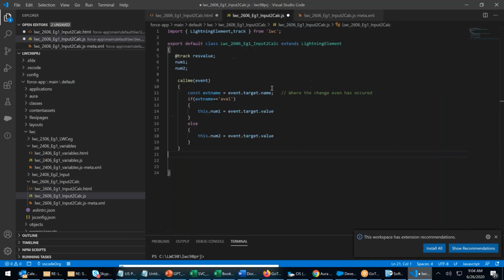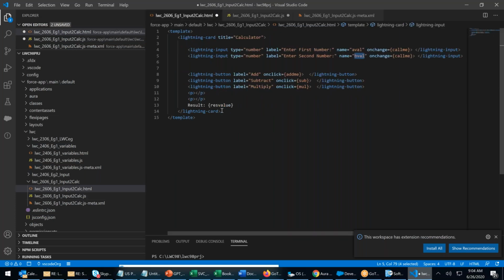So I capture where the change event has occurred; it gives me the name. If that name equals eval, put the value in num1, else put the value in num2. First function is done.